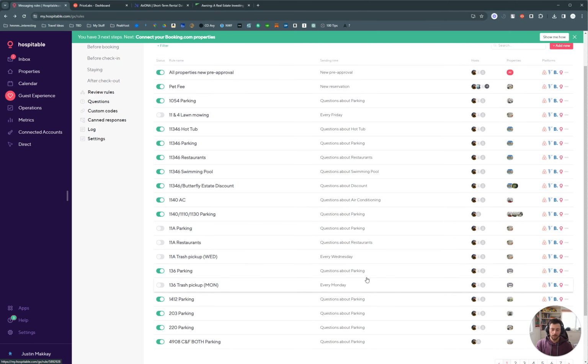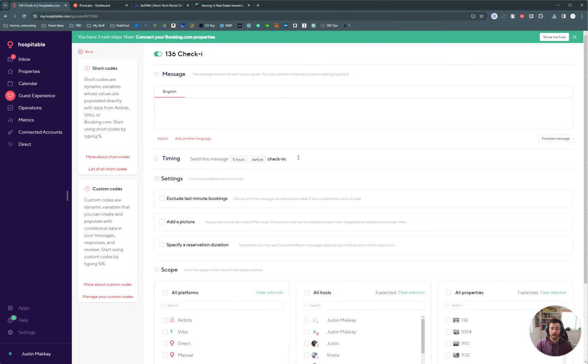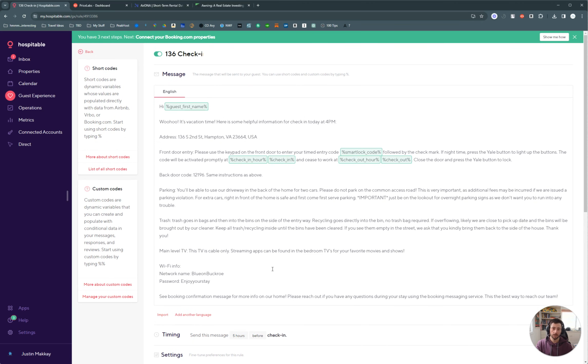And then the last one, this is pretty standard. I don't know if VRBO has this, but Airbnb has automated messages as well. So if you don't use a PMS, you can do this in Airbnb. But what we have is just 5 hours before check-in, we have our check-in message with all of our stuff in here. The cool thing here is our Yale locks and Schlage locks sync with this. So the automatically generated smart code that happens with the integration between Airbnb or VRBO and our lock system